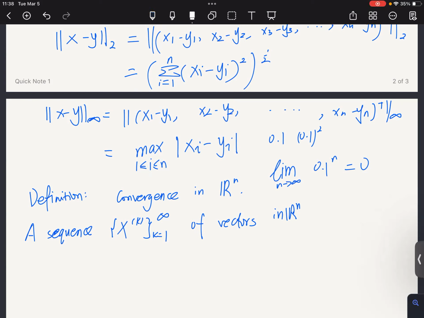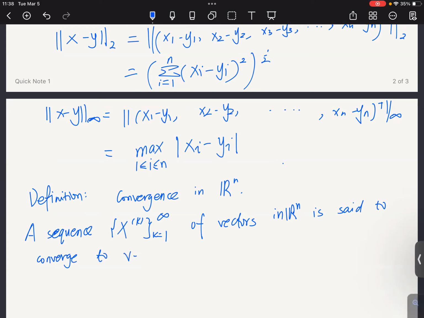So let's see what happens. We have a sequence of vectors in the n-dimensional space, and it is said to converge to the vector x, with respect to, I'm going to use a shortcut here, with respect to